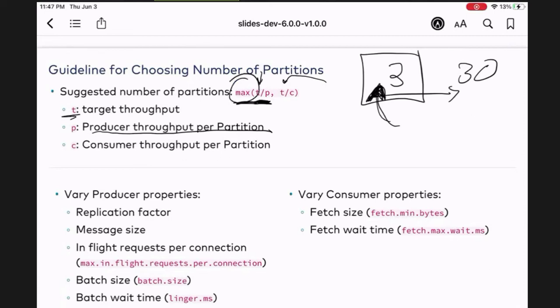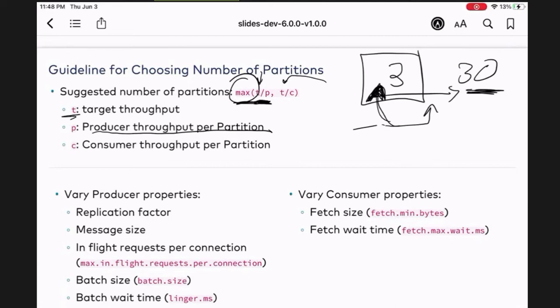And then we have to be able to test this out in our cluster. And maybe you come up with the number 30, right? And then you can always run a command to increase the number of partitions. In Kafka, it's really easy to do. You could do that from the command line. But the problem is when you increase the number of partitions, you then change the formula. So messages that were going to partition 0 before may now be going to partition 7, right? So you have to be careful with this.